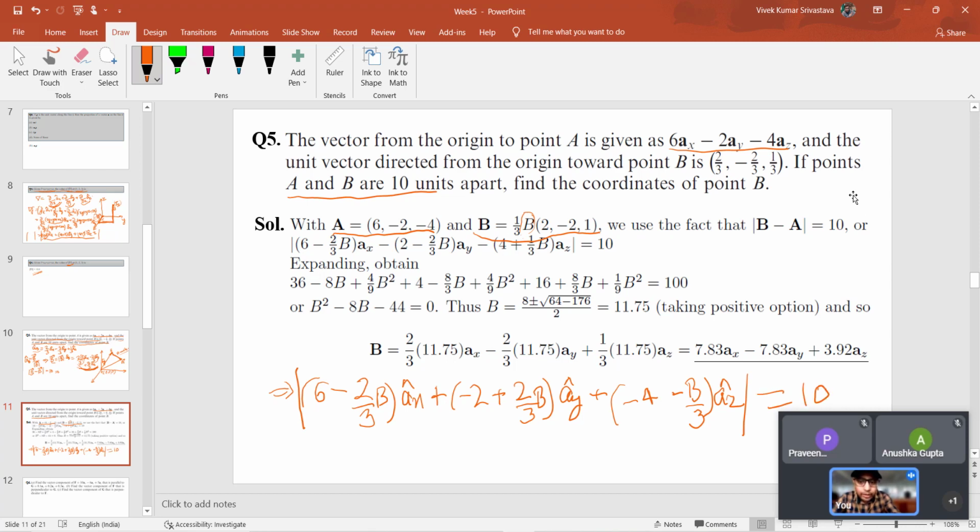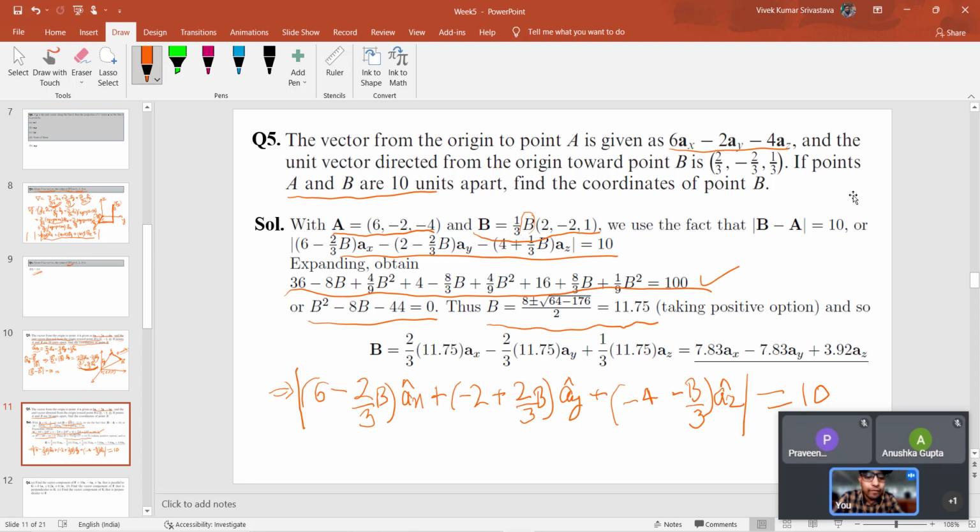Once you expand this equation, you will see that it basically represents a quadratic equation. So you have to simplify this quadratic equation and then find the value of B,